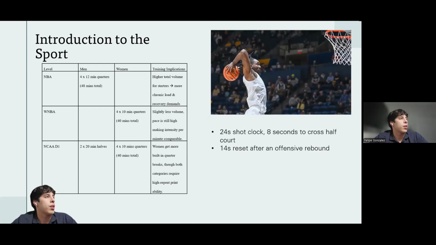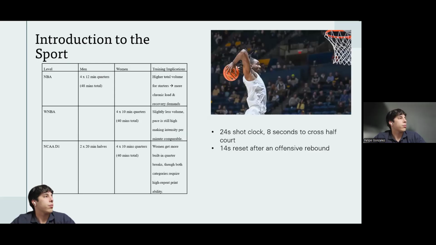The takeaway from this being that men typically experience a higher total volume, especially starters. We're going to see more chronic load and recovery demands. But regardless of that, even though we see slightly less volume in WNBA, we still see that the pace is high enough to make intensity per minute comparable. We're going to be experiencing a 24-second shot clock, 8 seconds to cross half court, and 40-second reset after an